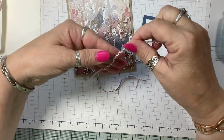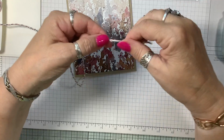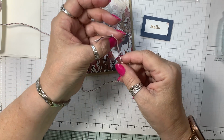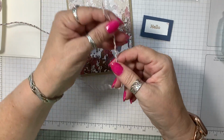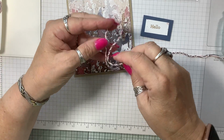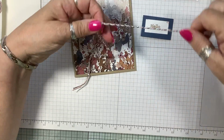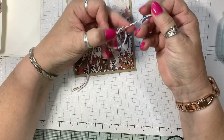And now I have to determine my braid. Okay, so how much of this I want to actually use. You can see that I double knotted it and I looped it over something, over a little doorknob, so I could sit and braid this because it is long and it took me a hot minute to do. So basically I'm just doing kind of something like that. And then what I do is I come in and I put another knot in here